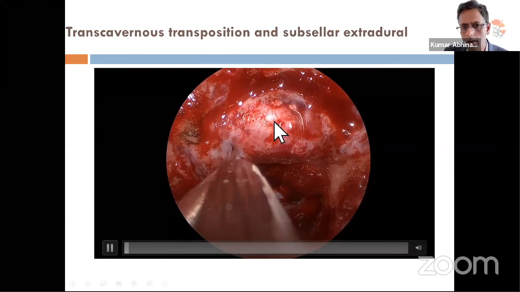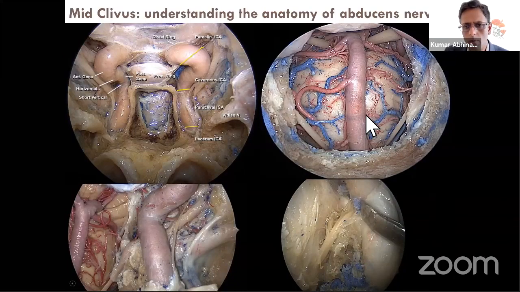So this is just demonstrating working south towards the mid-clival exposure. And we're all familiar with this anatomy. You have the basilar trunk. You're really opening up into the prepontine cistern. And again, you're looking at that back view along the sixth nerve. And this is where one goes back to the sixth nerve again in terms of the cisternal segment and then the interdural segment going on to the carotid and the cavernous segment. We can skip this because I'll just carry on with the